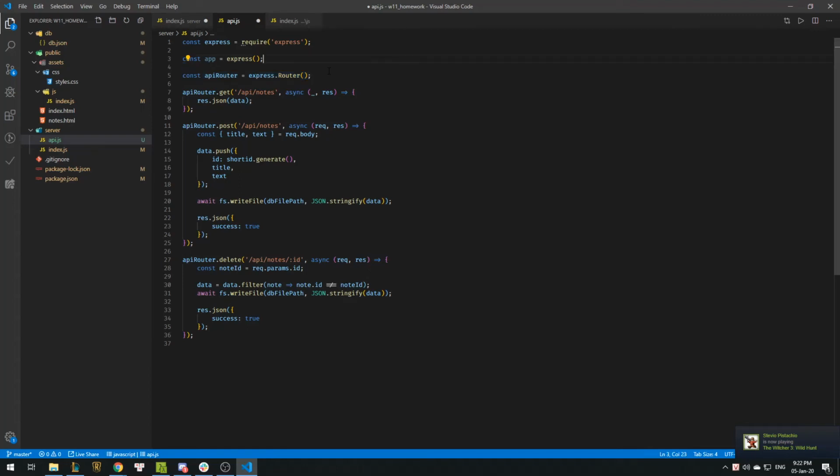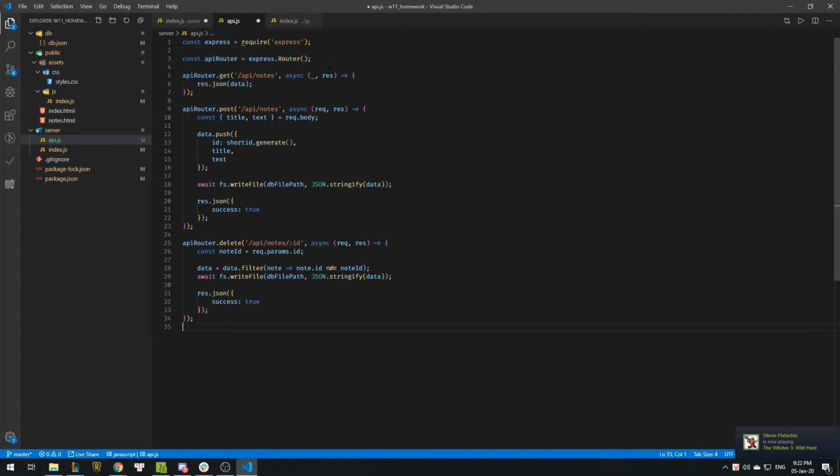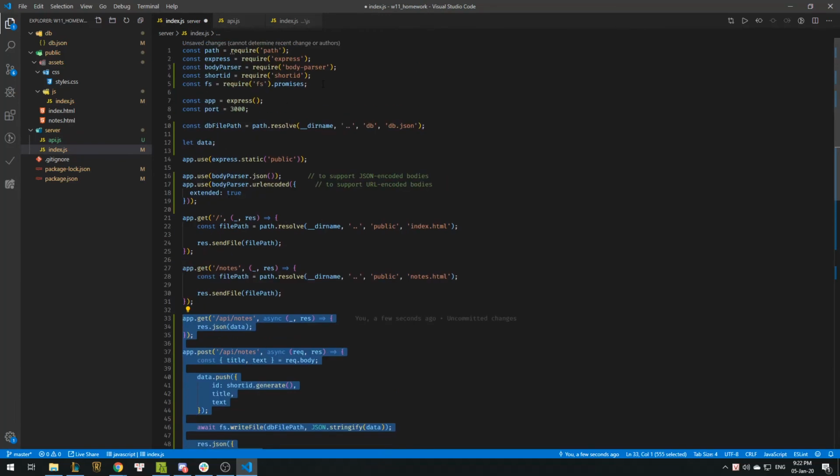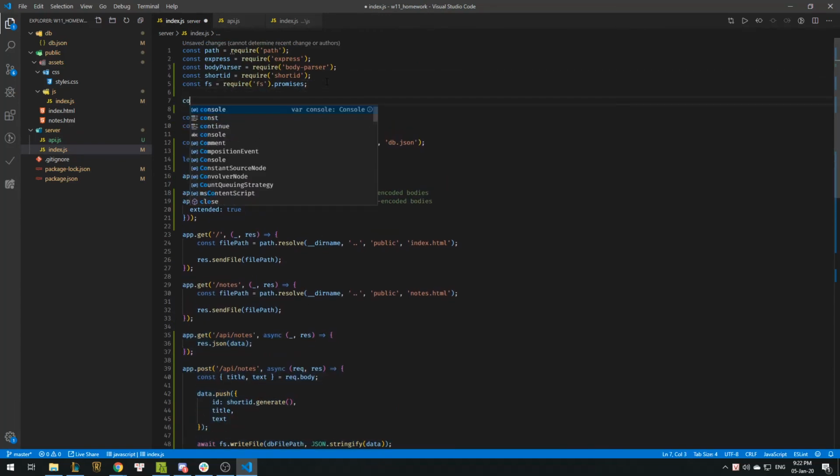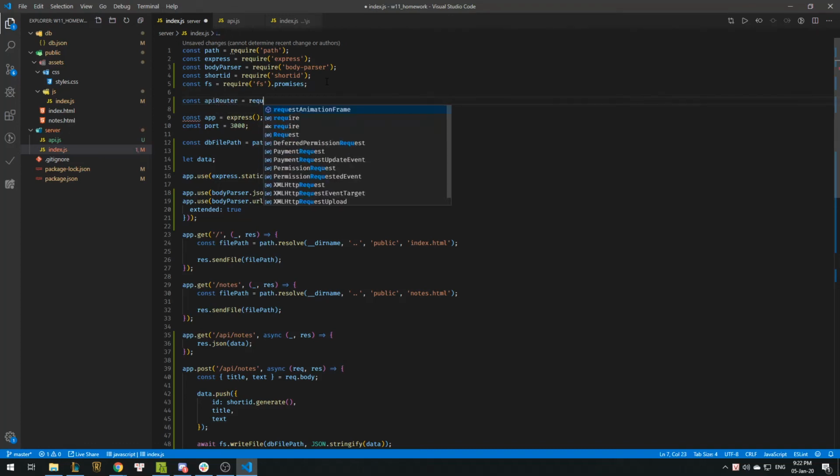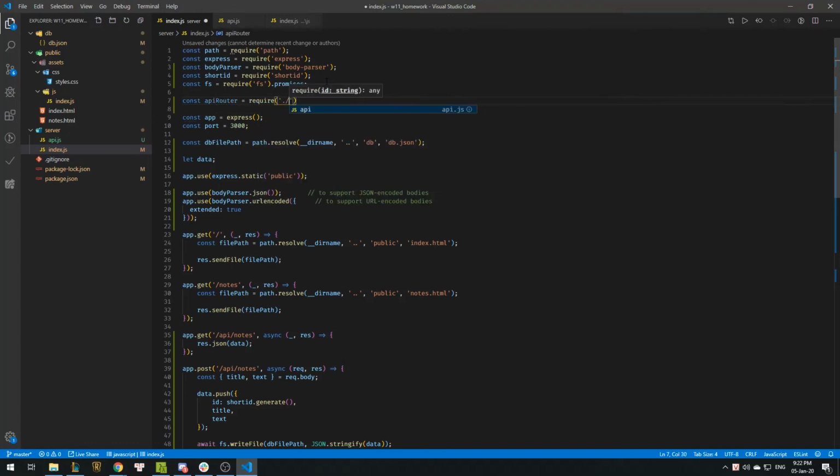Alright, so what you can do now is that instead of app, you can have that. And you don't need this one. Then you can export module.exports API router. Right? And because you say that this handles everything underneath the API, you don't need this anymore. And out here, when you import API router, require from API,